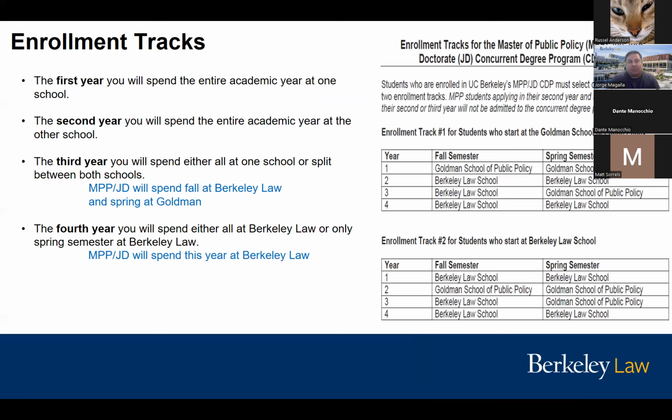Every program has an enrollment track. Some of the years are very general to everybody. So, for example, the first year you will spend the entire academic year at one school. Here we have the example of MPP. First year will be either all at Goldman or all at Berkeley. Same thing with the other schools. You're going to spend the entire academic year at one school or the other. The second year is going to be the other school or the other program. So whatever you didn't spend,